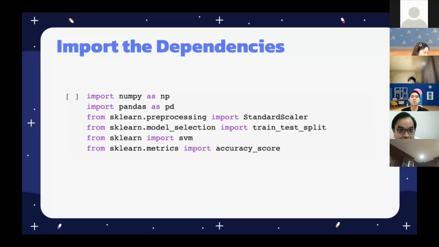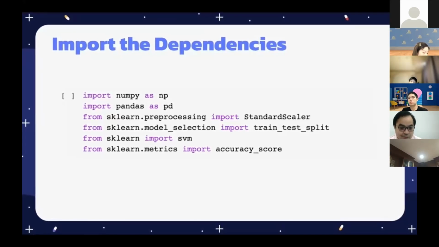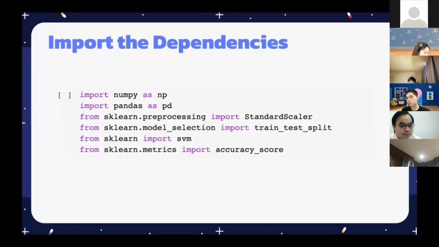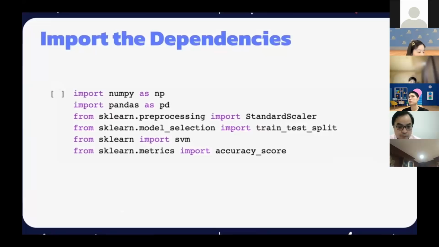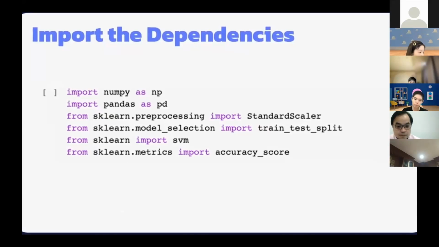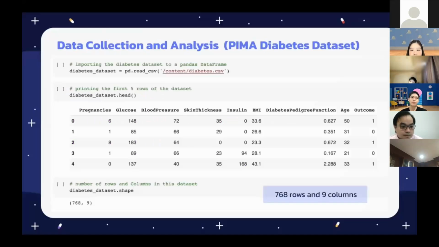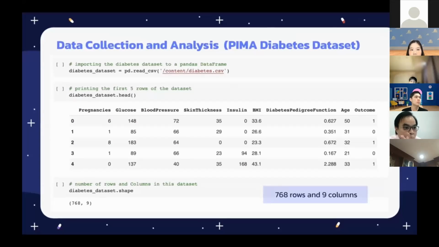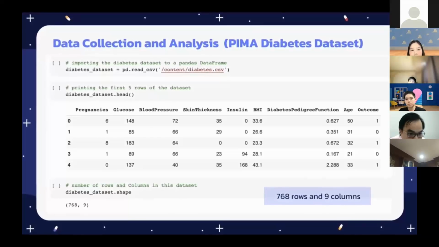The first step is to import the dependencies. NumPy is used to make the NumPy arrays. Pandas is mainly used for creating data frames. StandardScaler is used to standardize the data. Train test split is used to split the data into training data and test data, and then import the support vector machine and accuracy score. And for the data collection and analysis of the Pima diabetes dataset, there are 768 rows and